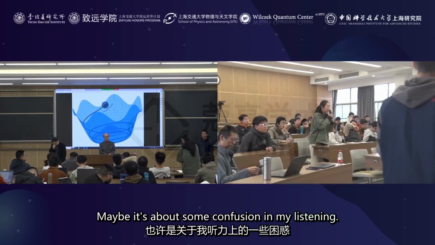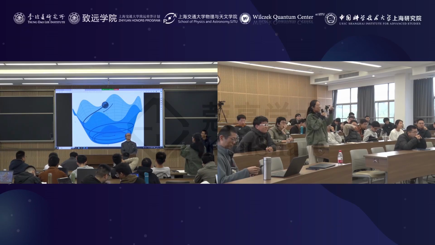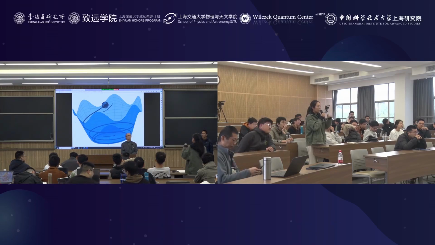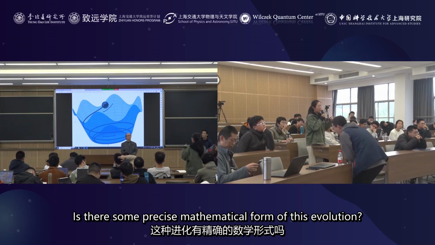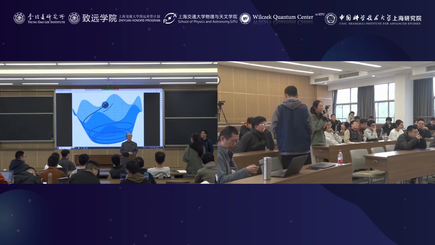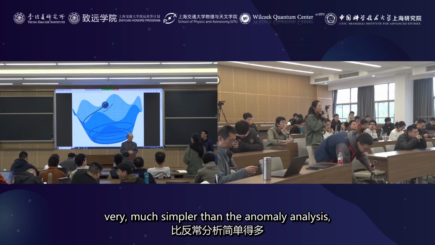Maybe it's about some confusion in my listening. Do you mean that the states evolve with time? Yes. So is there some precise mathematical form of this evolution? Yes, we'll discuss it next time. I just ran out of time, but yes, we will derive the equations of axion cosmology, which are very much